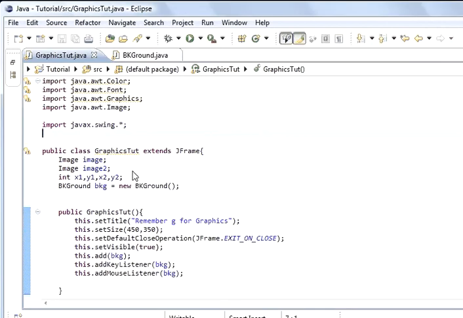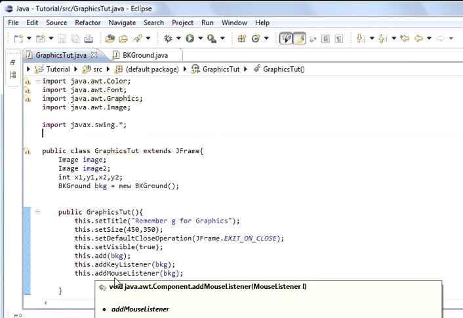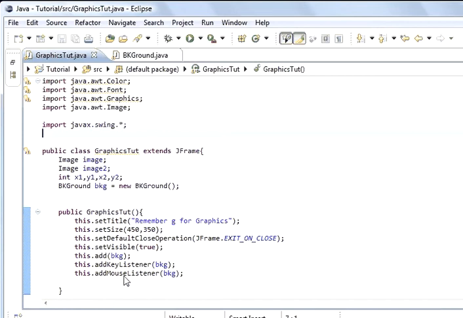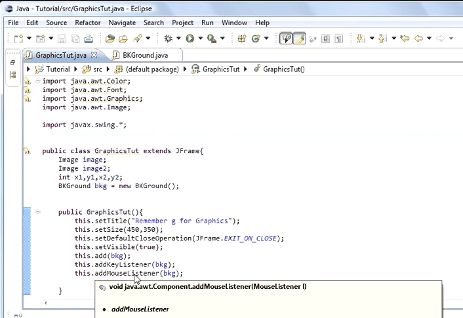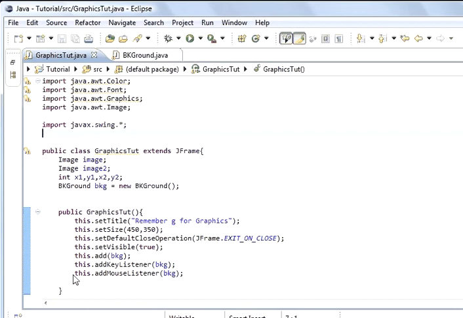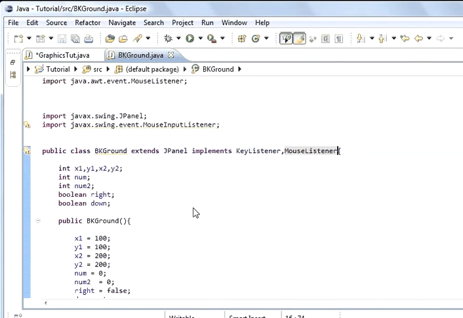This is the main program. You can see that we added to the main program add MouseMotionListener and the class it was in. I'm going to comment out mouse listener because we're not going to use it, but you can use both at the same time. And so what I'm going to do here